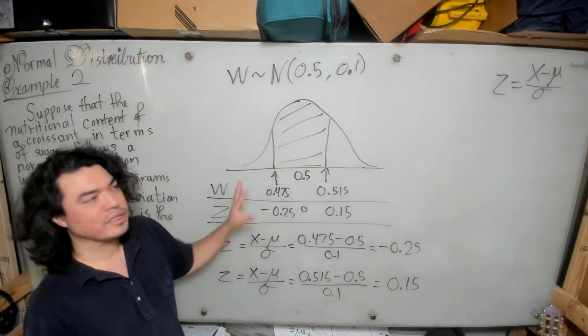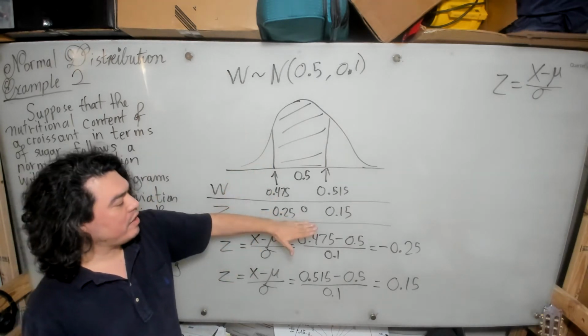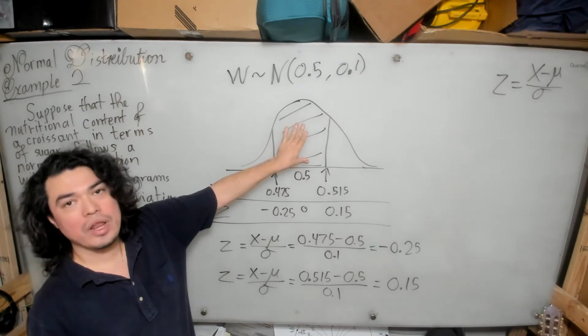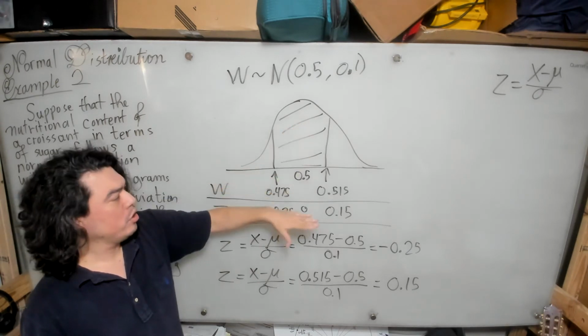Yes. So in other words, with these values, this shaded region will have the area that corresponds to the croissant